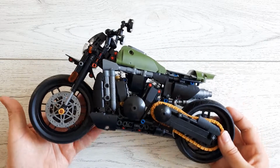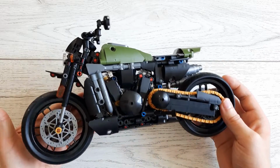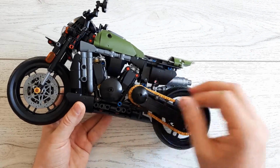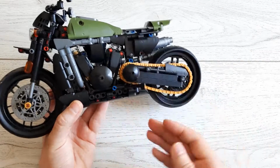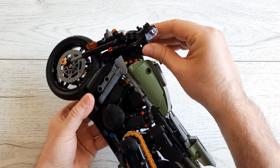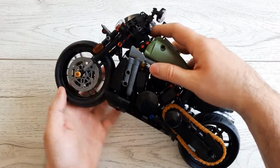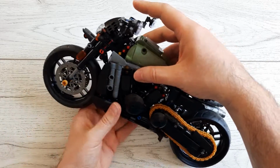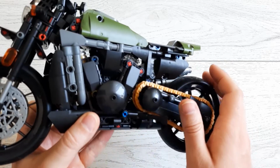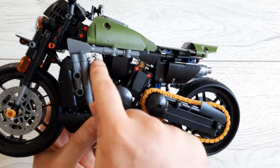But now let's talk about the model itself. Well, I think it looks really good. As far as attention to details go, I like it. I like that we have all these moving parts in it. We can move the steering wheel. We have the suspension in the back and suspension in the front. Yeah, we have the chain going around, and there's even a little bit of piston action in these parts